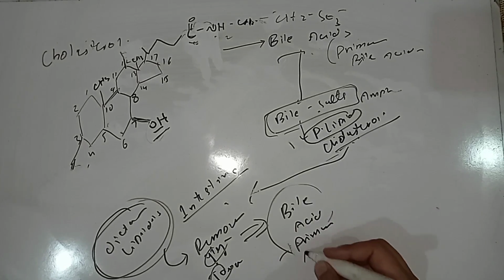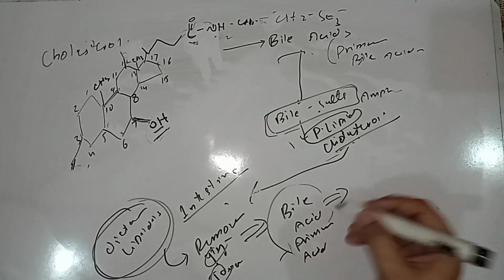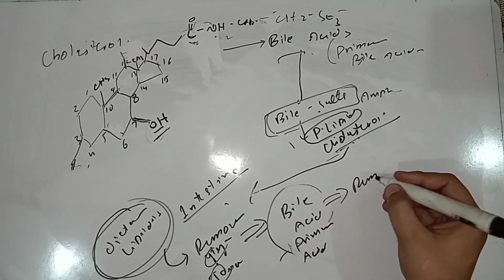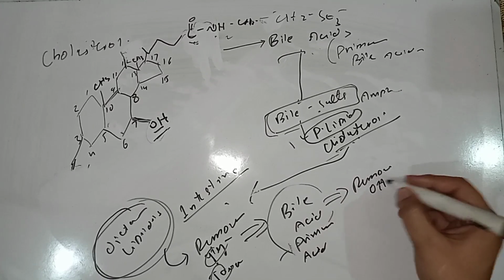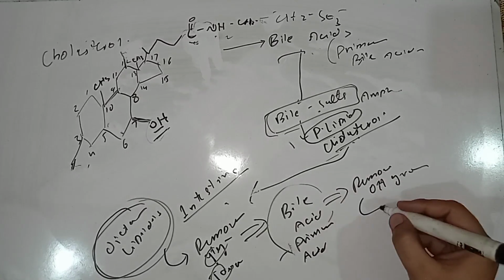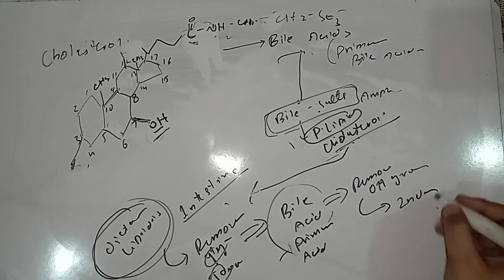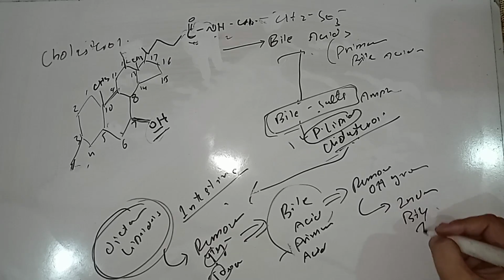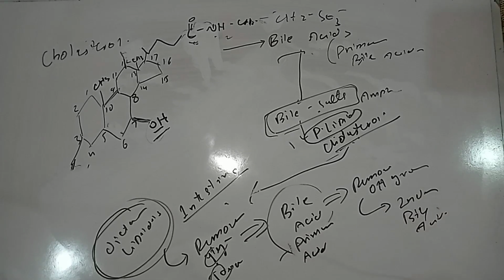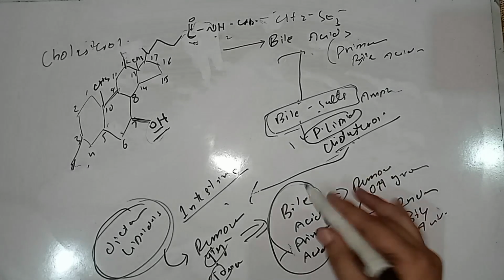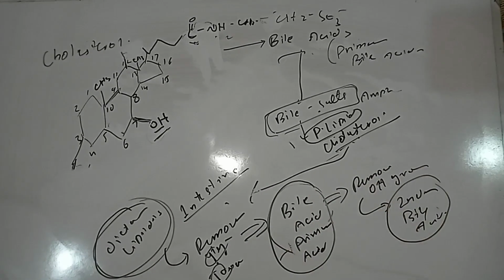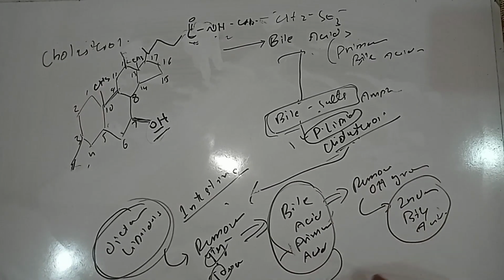However, bacteria can remove a hydroxyl group as well and convert them into secondary bile acids. Secondary bile acids include deoxycholic acid and lithocholic acid. So these primary and secondary bile acids regenerated in the intestine are reabsorbed from the intestine by the sodium bile salt bile acid transporter,